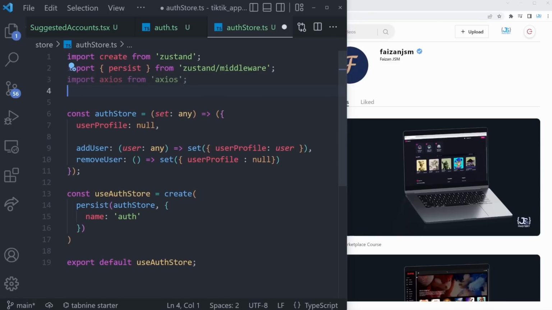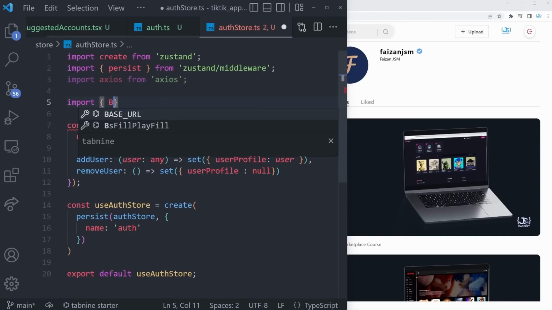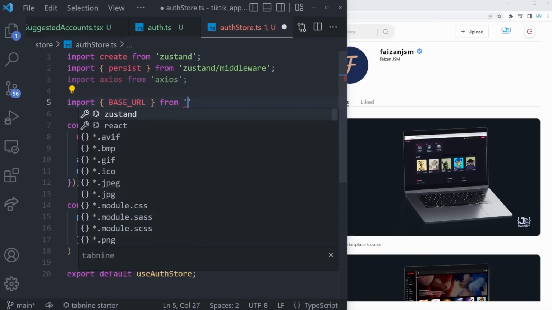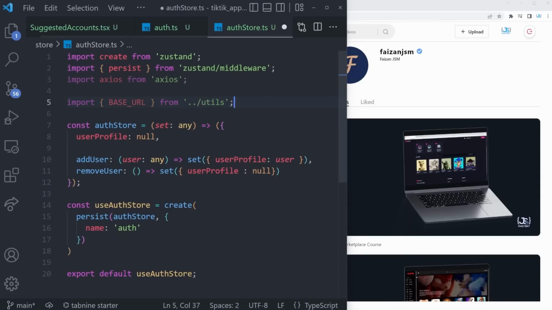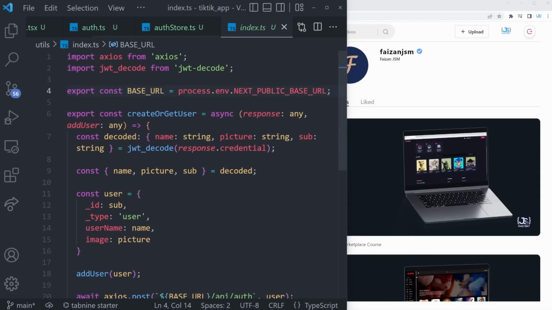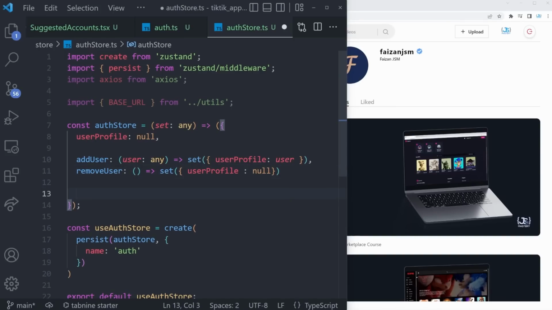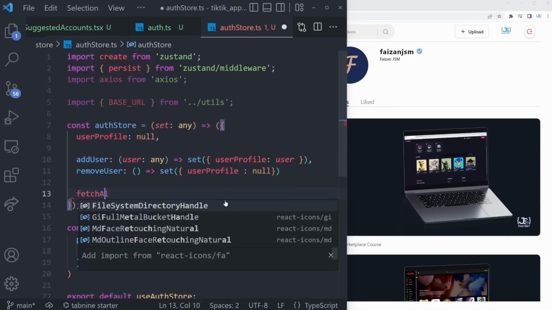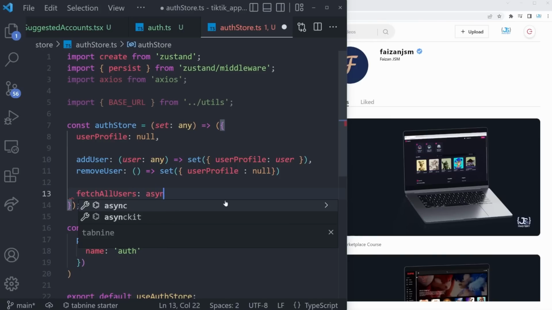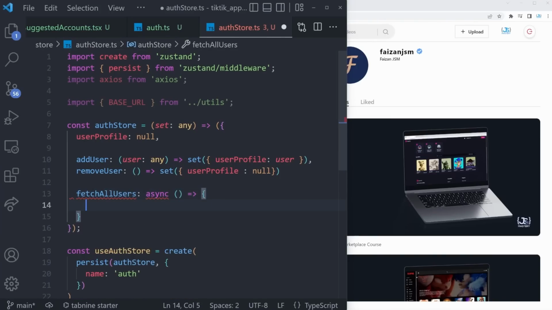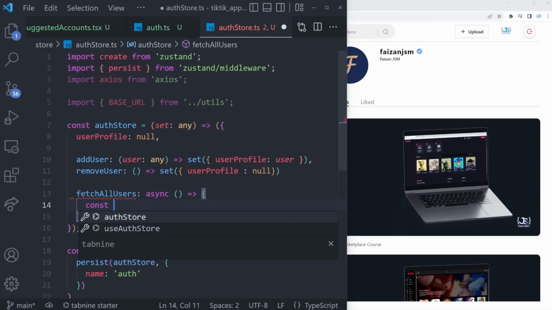Inside of here, we're first going to import, in curly braces, our BASE_URL, and that is coming from /utils. We can even control click it to go into it, and this is that same environment variable that we created before. With that in mind, we can now add an additional function to our auth store. That is going to be fetchAllUsers. It's going to be an asynchronous function, and what we want to do in there is say const response is equal to await